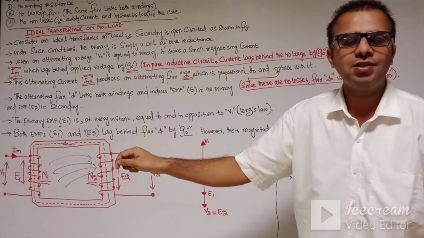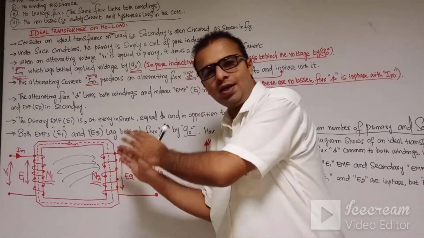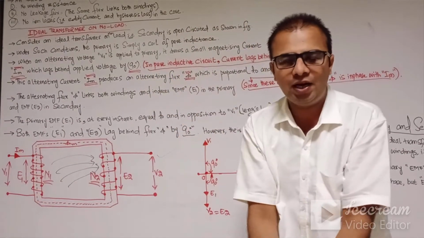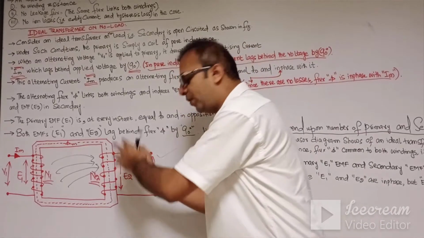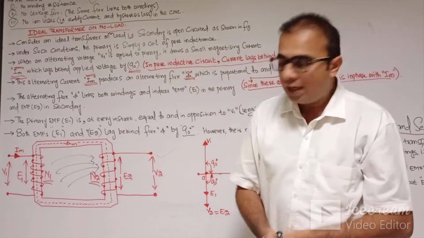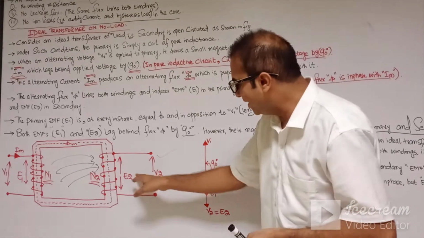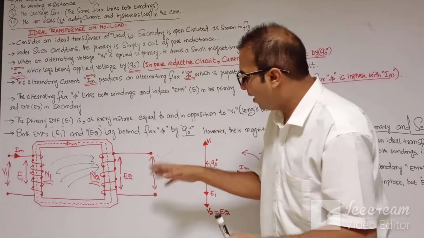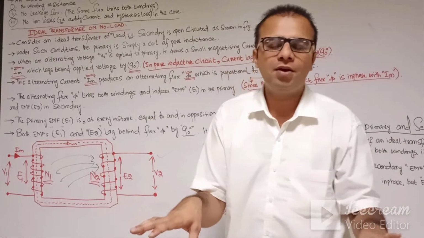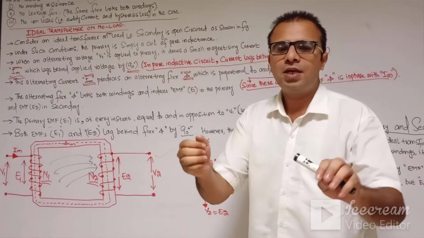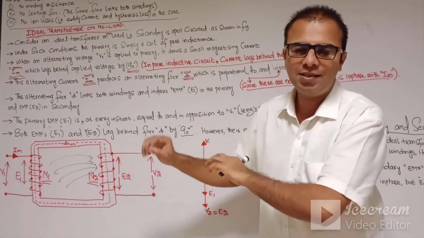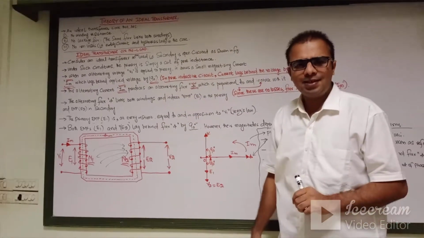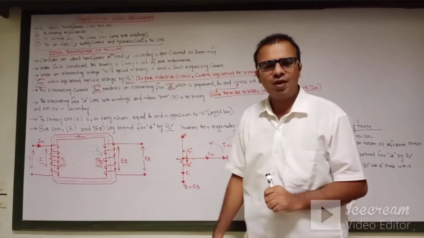N1 is the number of turns on the primary side, and N2 is the number of turns on the secondary side. E1 is produced in the primary winding of the transformer, and E2 in the secondary winding. In the case of the ideal transformer, E2 is equal to V2, because if no load is connected, the induced EMF cannot be reduced. E2 will be equal to V2 in the ideal transformer when it is connected with no load conditions.